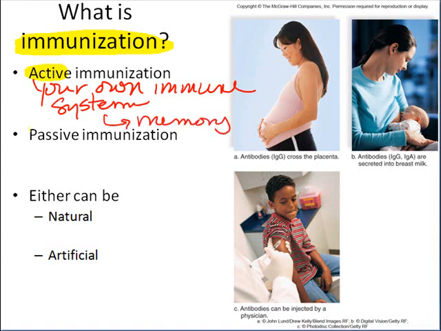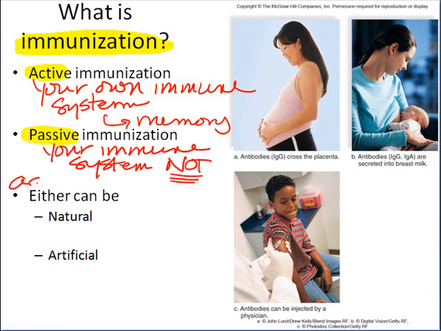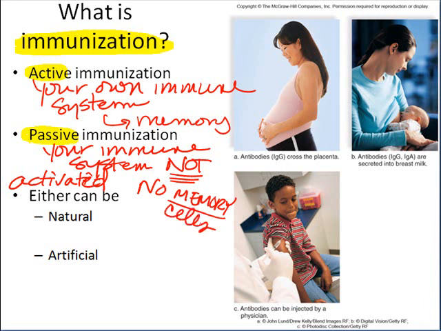In passive immunization, your own immune system is not activated. Instead, we might have somebody inject antibodies from another person who's already been exposed to a particular illness, and they'll inject them into us, and those antibodies will help us deal with the infection. But because my own immune system wasn't activated, I have no memory cells, which means if I ever get exposed to that same pathogen again, I'm still not going to be able to